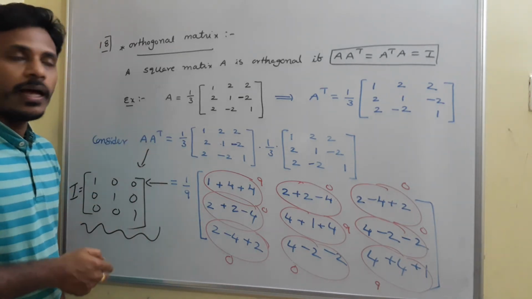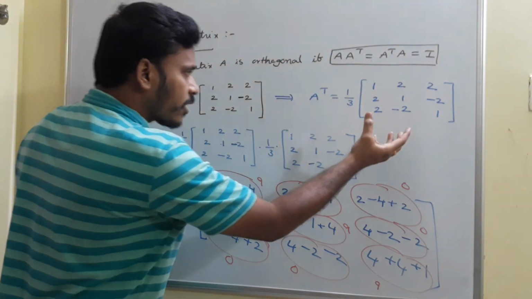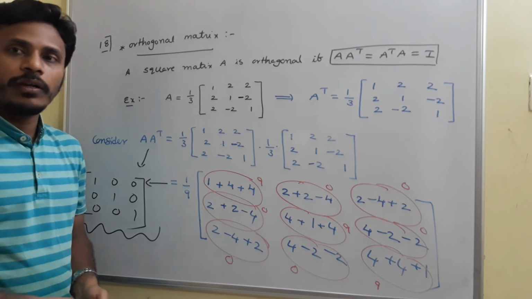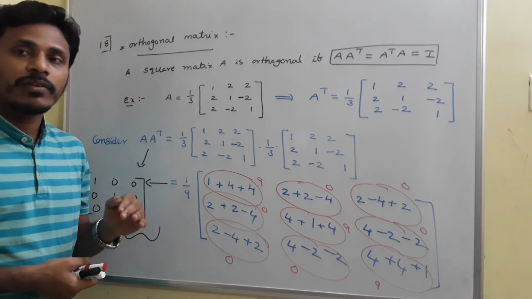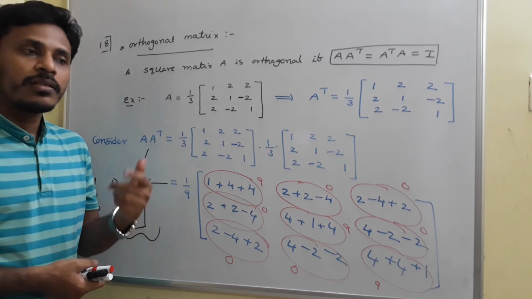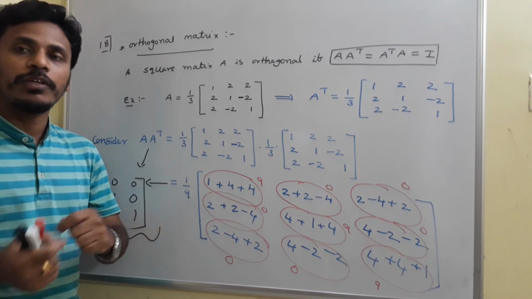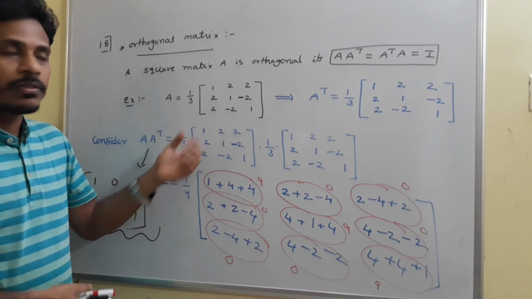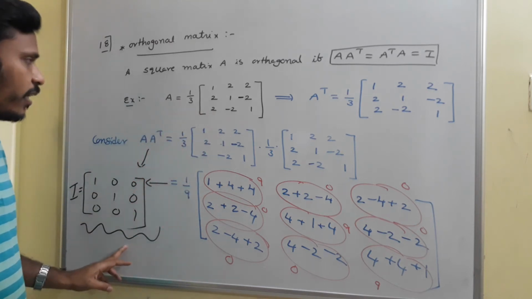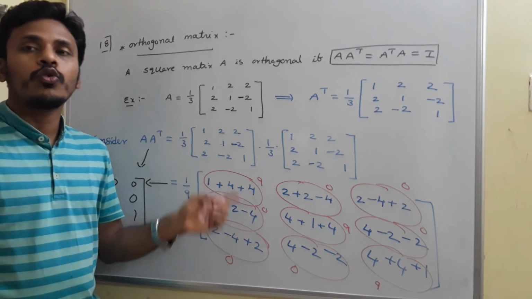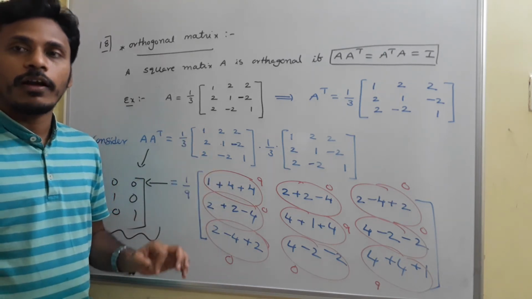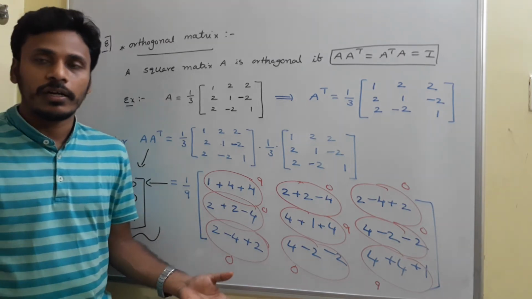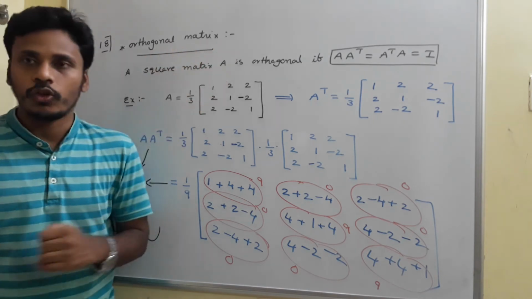Here I did the multiplication of A into A transpose. In a similar manner, if you multiply A transpose with A, again you will get the identity. Actually, the commutative property is not there for matrices. Sometimes A into B is equal to B into A, and sometimes it may not happen. Whereas for this type of problem, A into A transpose is I, and A transpose into A is again I, and at the end we confirm that A is orthogonal. Just have a look, and then I will give you some observations related to this example as well as the orthogonal matrix.